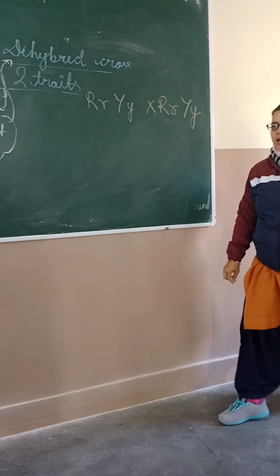Can you make the gametes of this plant? I have made this one. Can you make gametes of this plant? Okay, now make it once. On this side I have written these gametes, and on that side I will write the other plant's gametes. Okay, so the same thing I am writing here. You can see capital R, capital Y, small r, capital Y, capital R, small y, and the last one small r, small y. Yes. Okay, are you getting that much? Because these are the gametes of one plant and these are the gametes of the other plant.